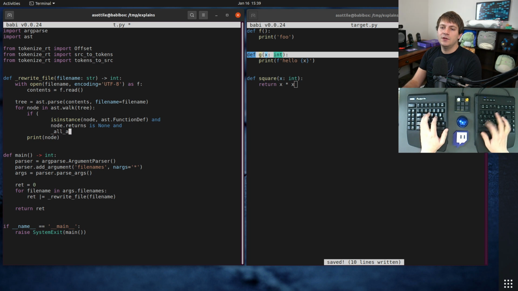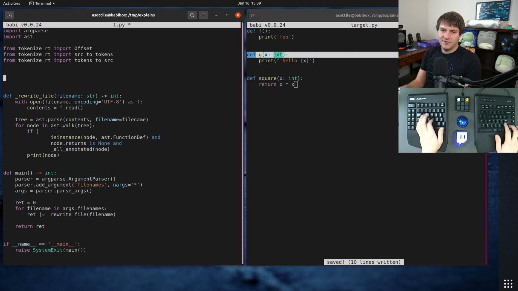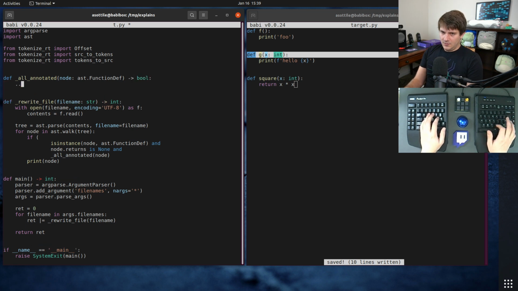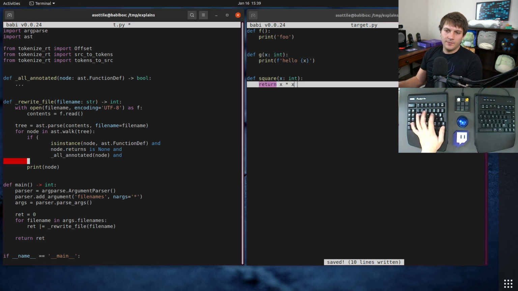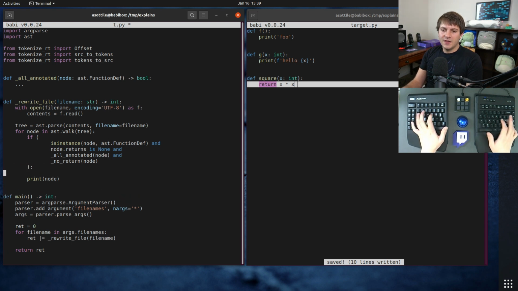You can say all_annotated(node). We'll write a little helper function for that, all_annotated. Figure that out in a second. We also want to check that we don't have a return: no_return(node). So if we have found all of those, that means we have found a node that we